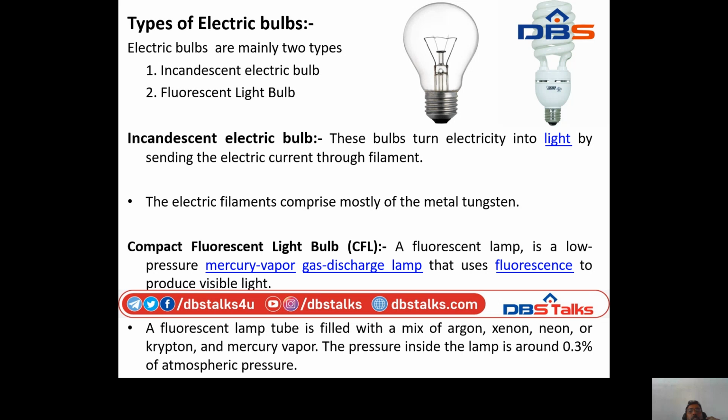These bulbs turn electricity into light by sending the electric current through the